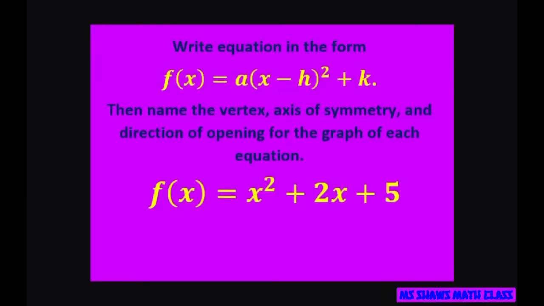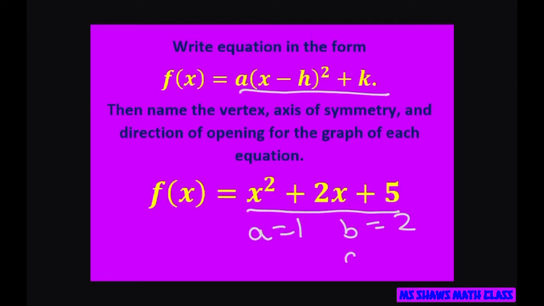Hi everyone, we're going to write f of x in vertex form. So this is our vertex form right here, and it's in standard form here. This is a equals 1, b equals 2, and c equals 5. So we'll be looking at this b part because we're going to complete the square and then name the vertex,